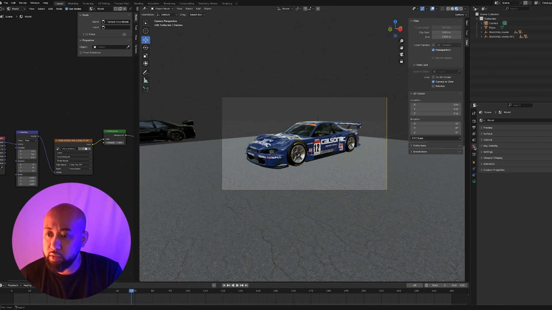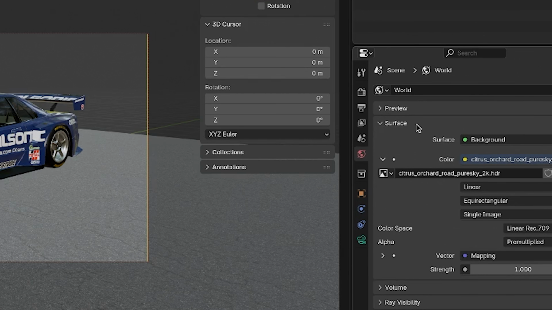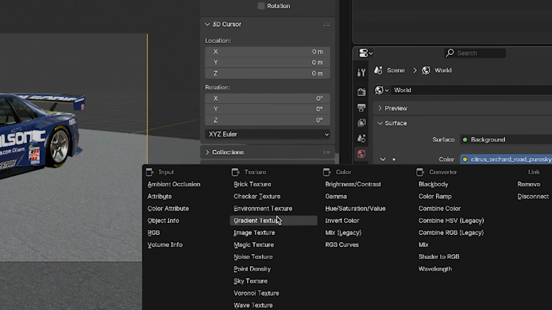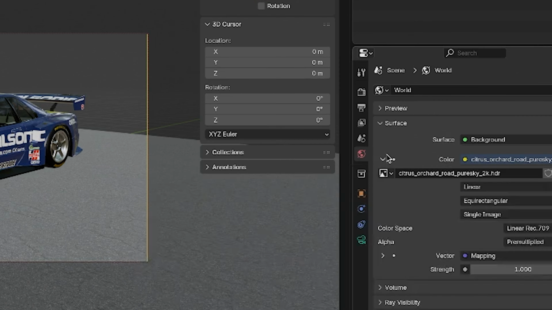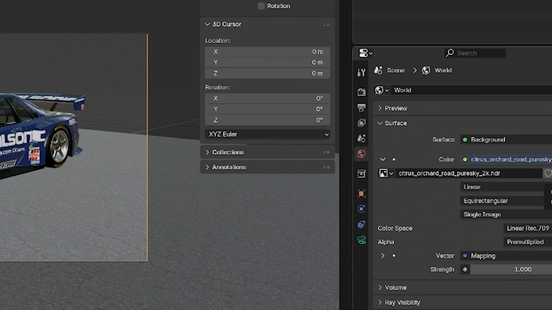So what you want to do is select the world icon, a little globe icon here. You want to make sure Surface is opened, and you go here and select Environment Texture. That's where you apply the HDRI image that you have picked. There's a folder icon, and you just find that HDRI image and place it in here. And then once you do that,